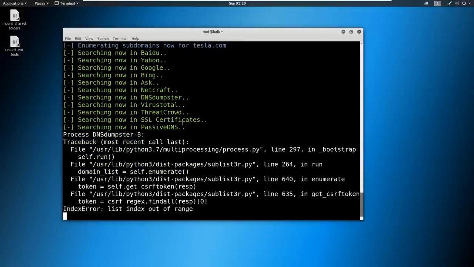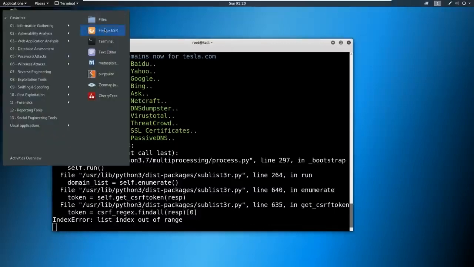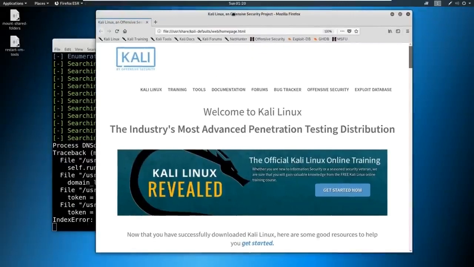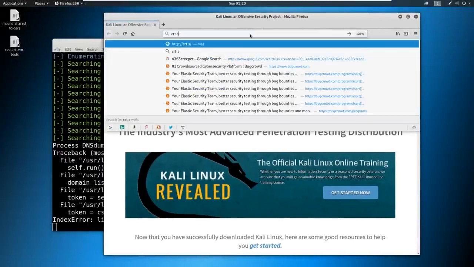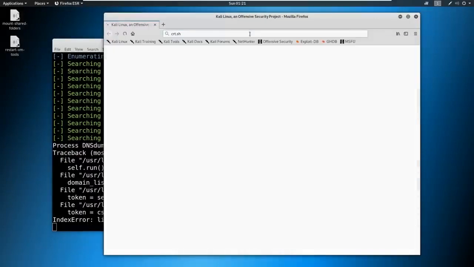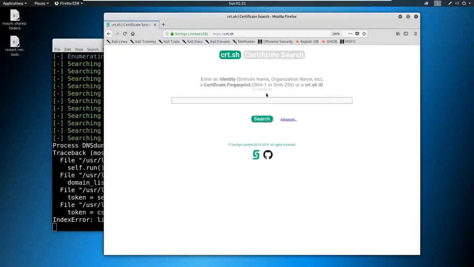Now, while this is going on, I want to point out another way to do this. So let's go out to the web and let's go and load up another site called crt.sh. So we say crt.sh like this. It'll load up a website like so. Let me make this a little bigger for you. And we can do the wildcard ourselves. So you see the percentage is a wildcard. So we're just going to say